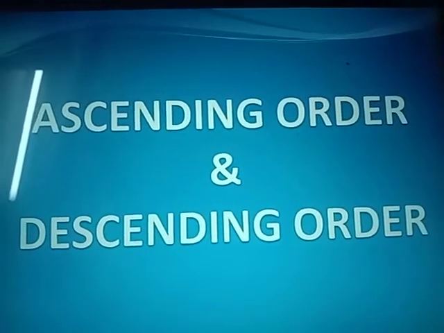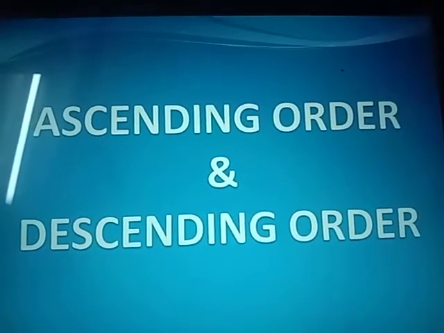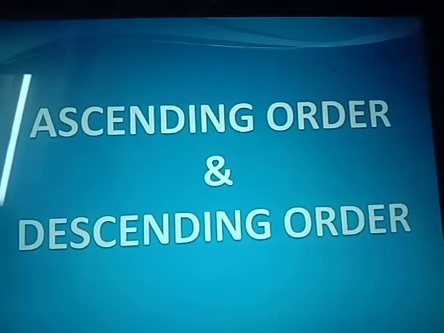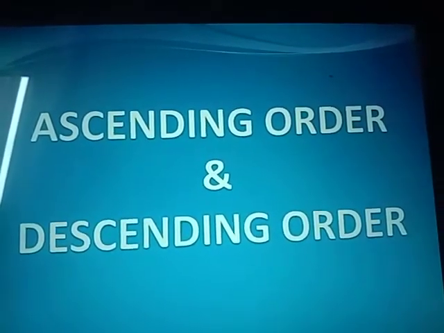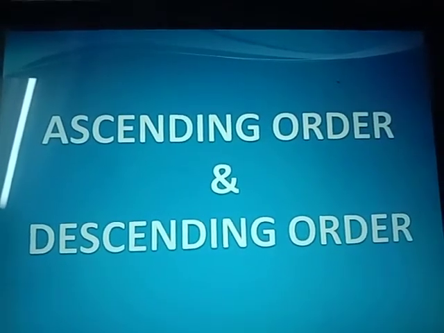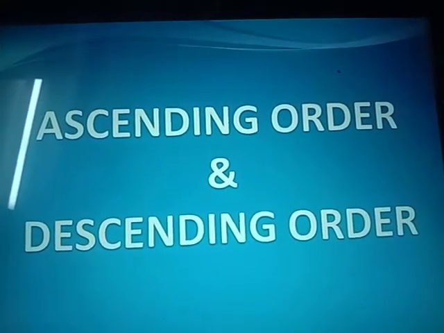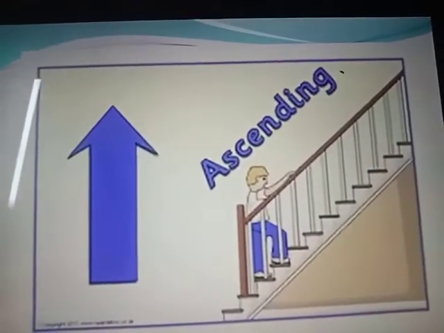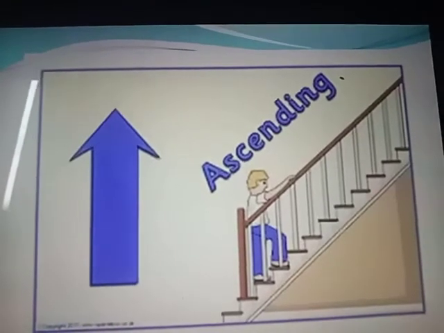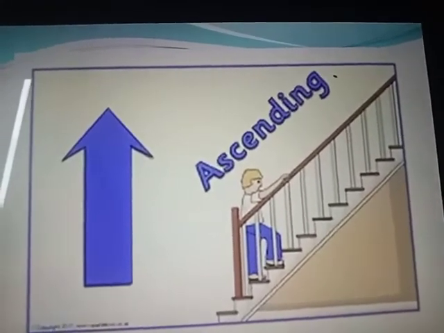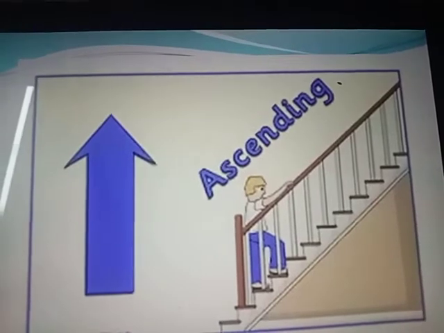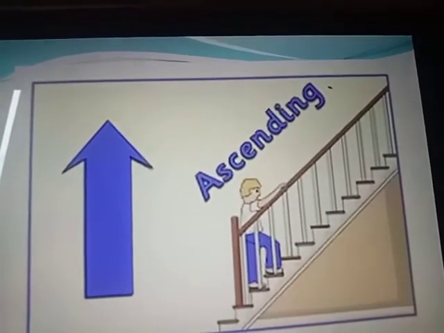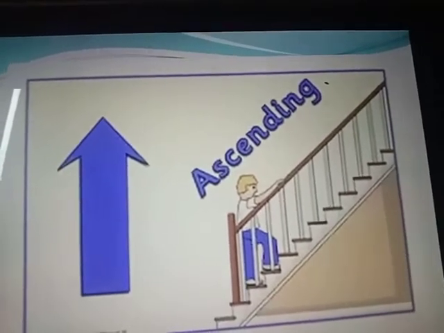Which one? Do you remember that earlier on we did the activity from big to small? Yes, big to small is considered ascending order. How? Let's see. Ascending means, see, when you climb a ladder, you are moving from low to high. Yes, from a low position you are moving to the high.